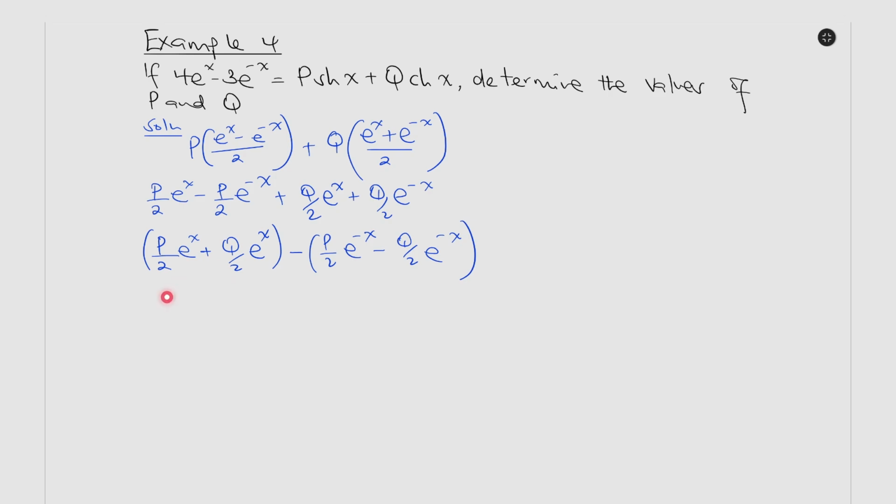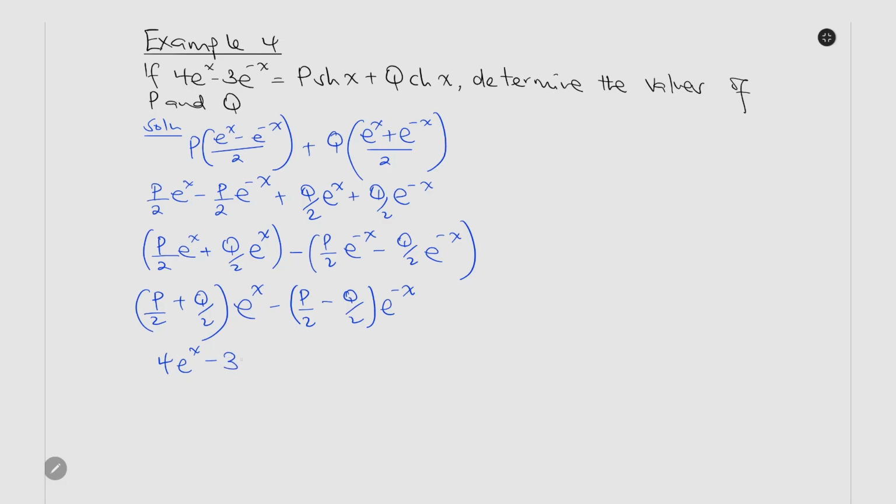So I will have p over 2 plus q over 2 exponential x minus p over 2 plus, sorry, minus again, minus q over 2 exponential negative x. Now I can equate these to what I was given. Remember, we were given that